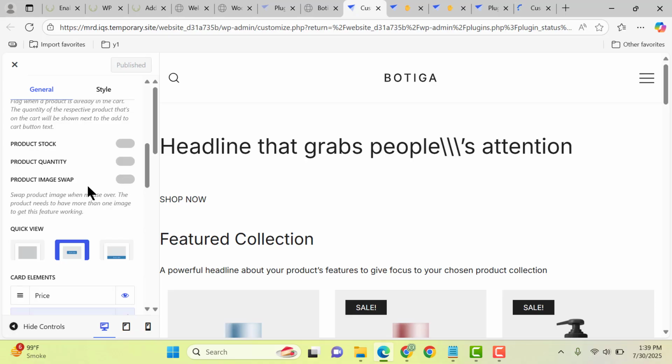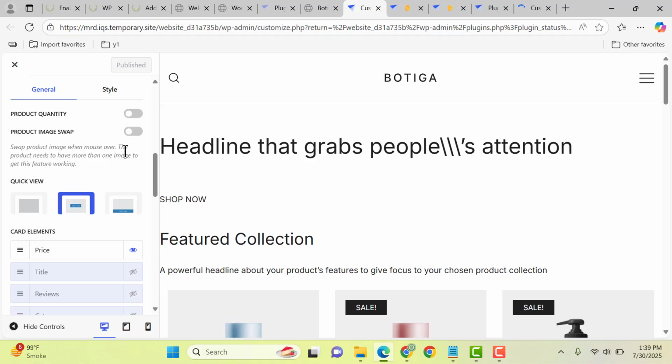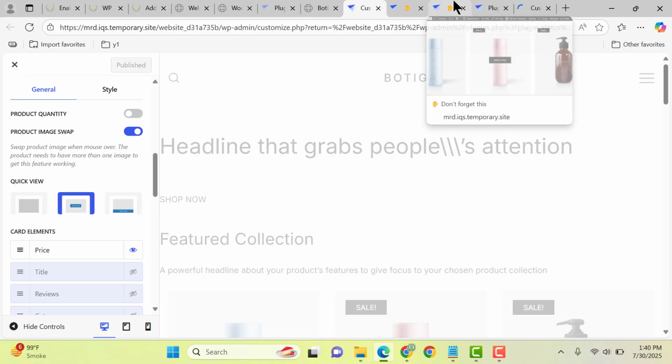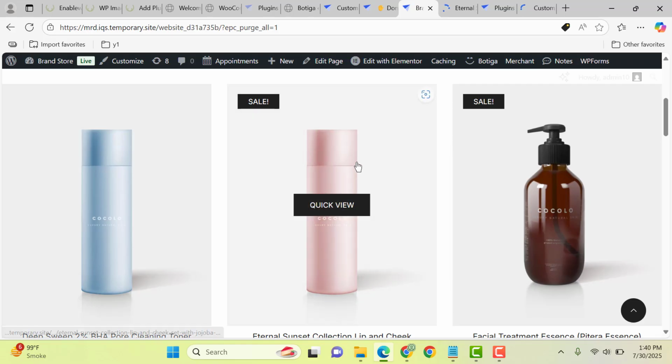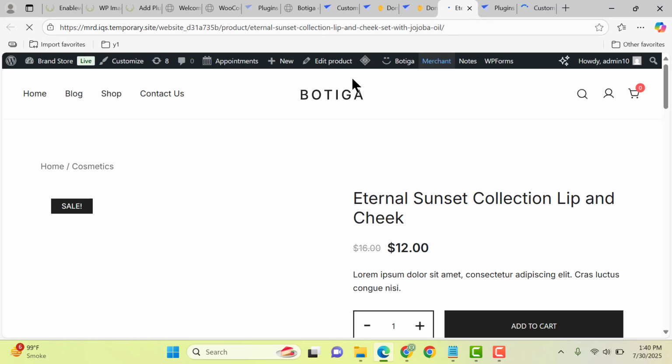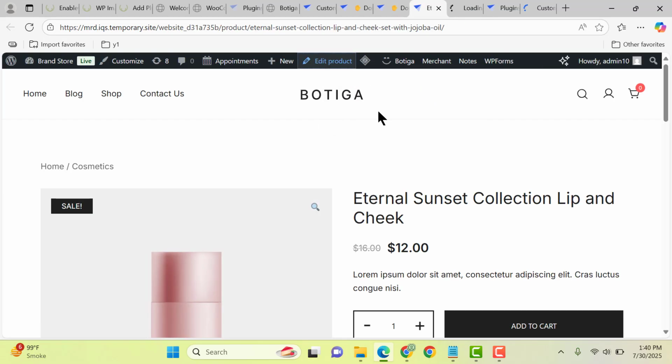You can enable it, this one, then click on publish button. So now let's go back and let me open this product, then edit product,